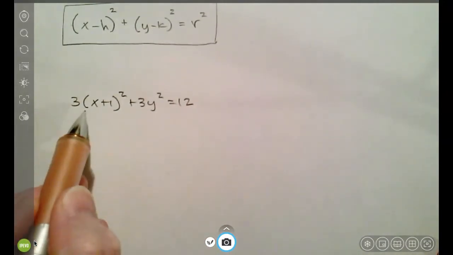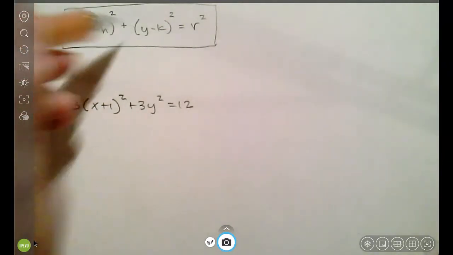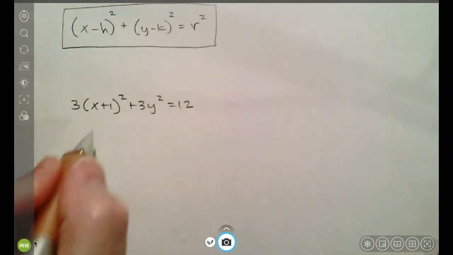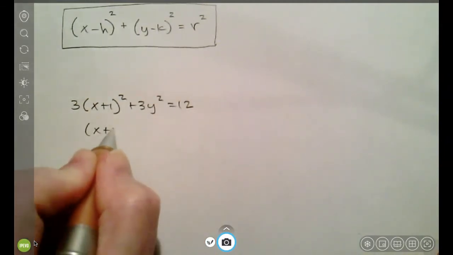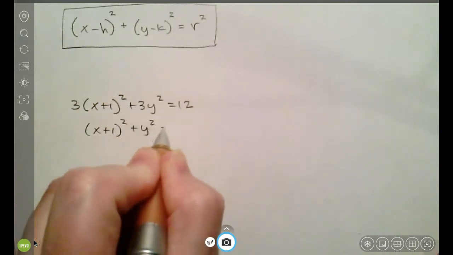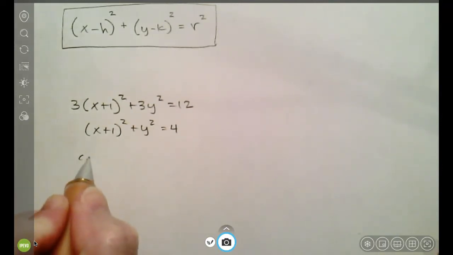So notice I need these to have a coefficient of 1: (x minus h) squared, and (y minus k) squared. So I'm going to go ahead and just divide everything on both sides by 3, and that's going to get me (x plus 1) squared plus y squared equals 4. So I just went ahead and divided every term on both sides by 3. So now for my center,